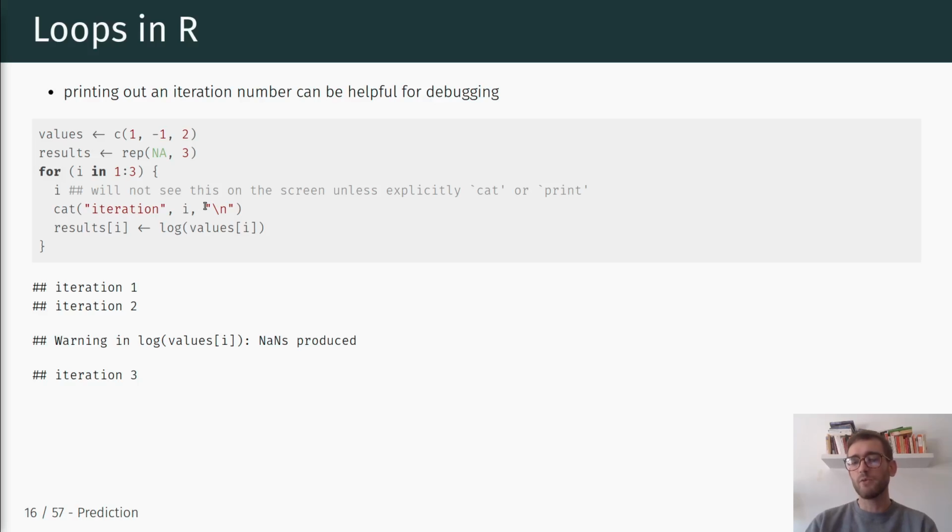But if we just ran this, we would just get an error, and we wouldn't quite know where things went wrong. But if we include this additional line of code, cat iteration, i, \n for new line, that means for each iteration, R will print out a little message saying this is iteration 1, iteration 2, and iteration 3, right? So if we run this, we'll see that the output is iteration 1, iteration 2, iteration 3,